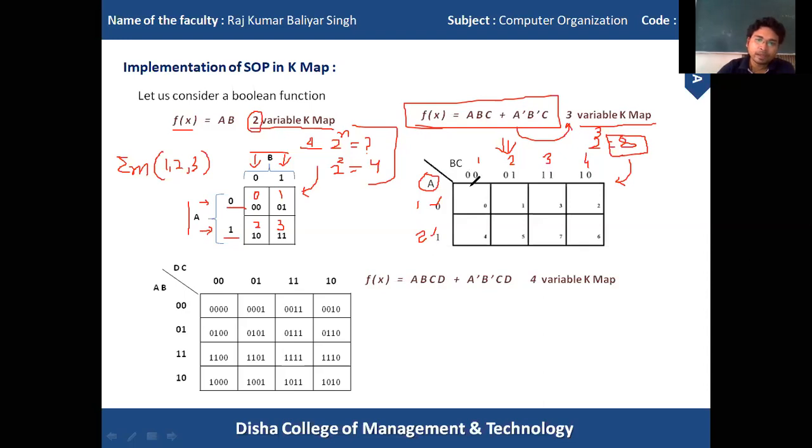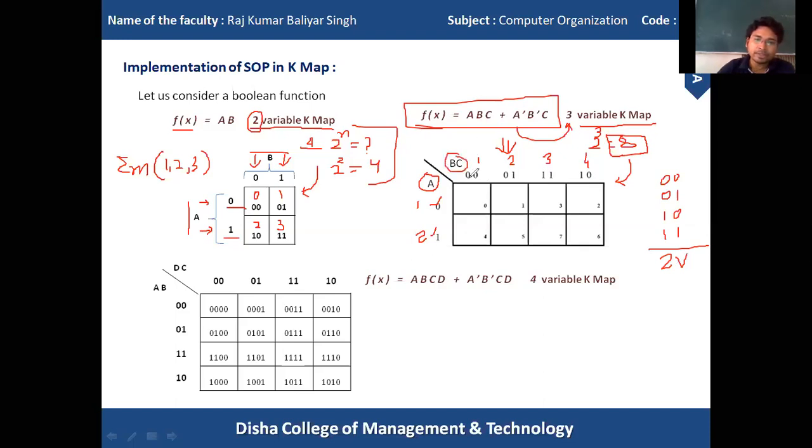Similarly, for 4 columns, we have 4 different combinations: 0 0, 0 1, 1 0, and 1 1. With 4 combinations, we can have 2 variables. So for the 2 variables I am taking B and C.